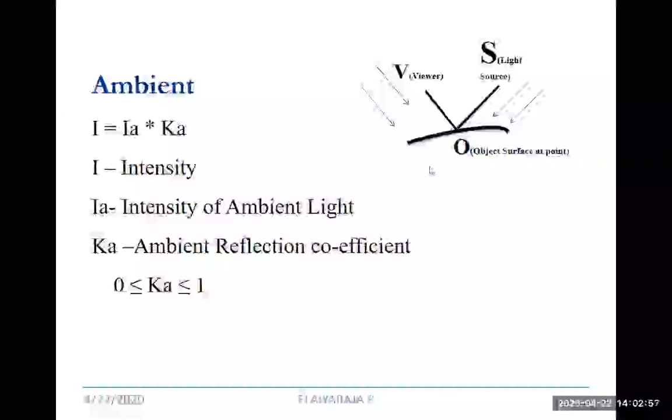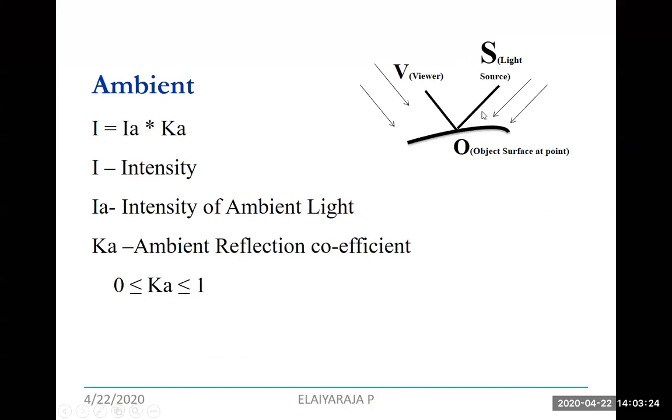Irrespective of that, we are going to see one example problem with respect to the Phong illumination model, where the Phong illumination model is the summation of your ambient, diffuse and specular. Okay, so what is ambient? Where a light source touches the surface and the viewer will see the reflections.